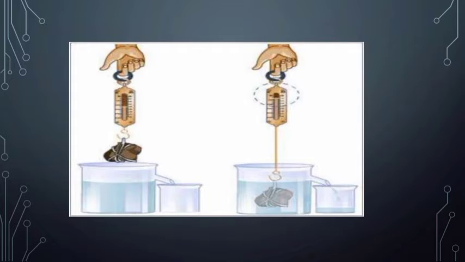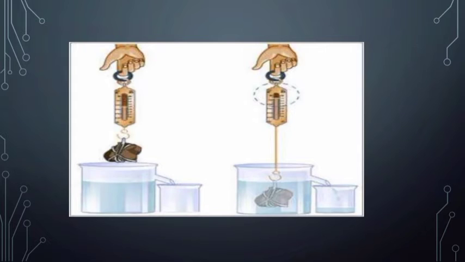This weight W2 will be less than W1 due to the upthrust provided by the water. The apparent loss in weight due to the upthrust will be W1 minus W2. Now we are in a position to measure the weight of the water collected in the beaker, which is displaced by the stone. The aim of this experiment is to find the loss in weight. The loss in weight is W1 minus W2, which is equal to the weight of the water displaced.